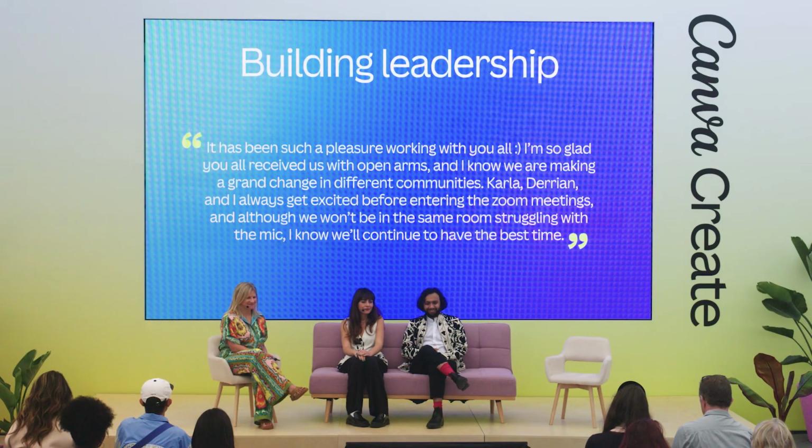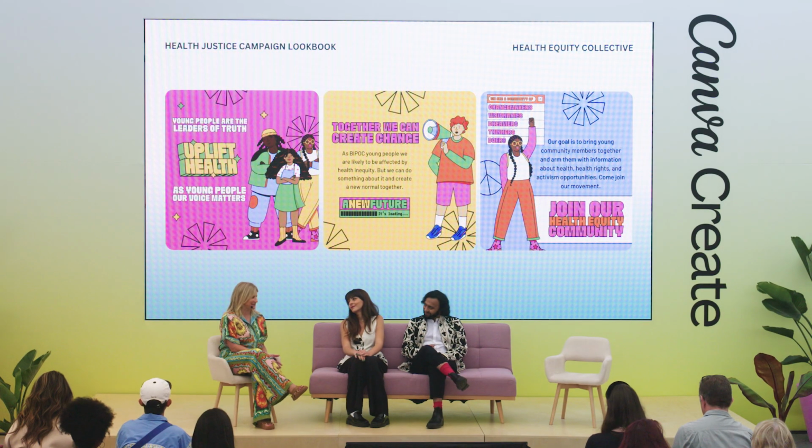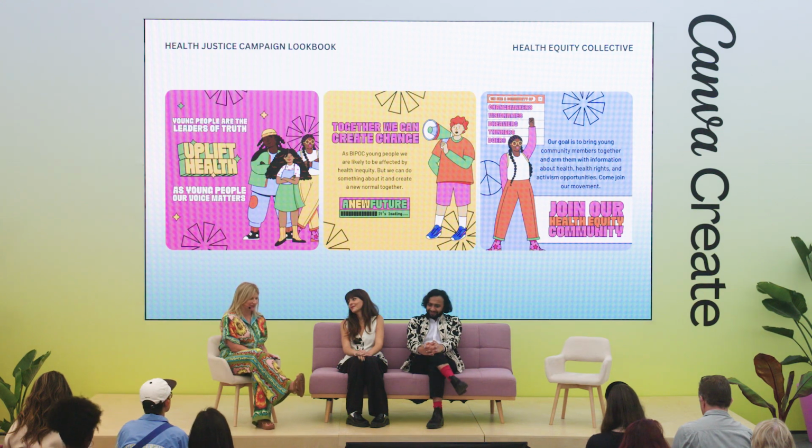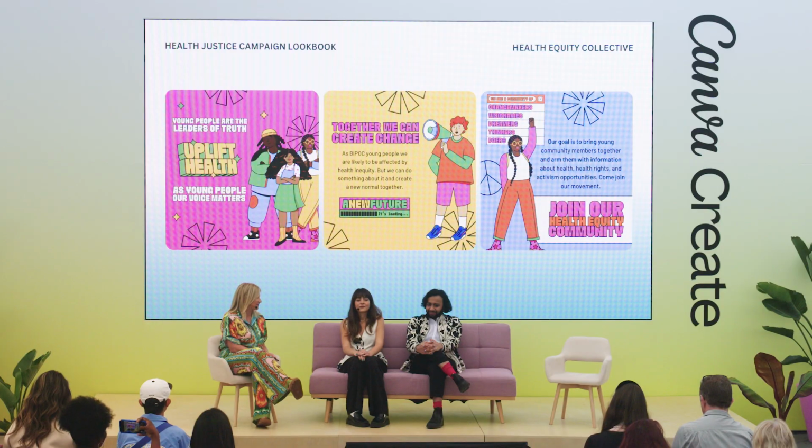So this is a quote from Darian, I think. I think this is Shirley. Shirley, yeah. Which really resonated with us around just being able to share a space with them and lend something that actually helps in building leadership. It's great to see how one of the key impacts of this campaign was enabling authentic expression and ownership by these young folks. So Diana, can you show us what this actually looked like for a few of these specific young people in the campaign?